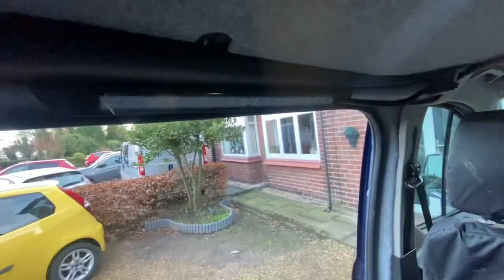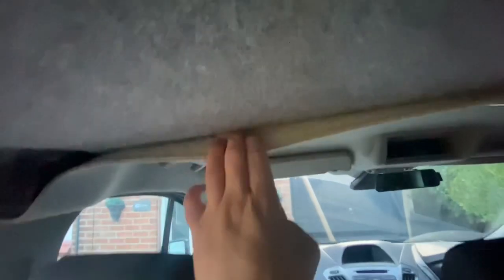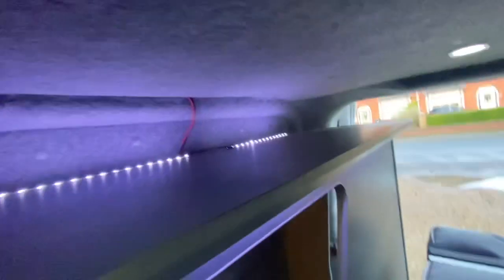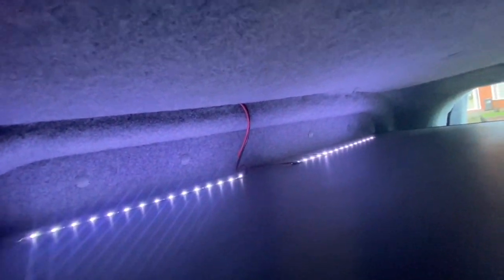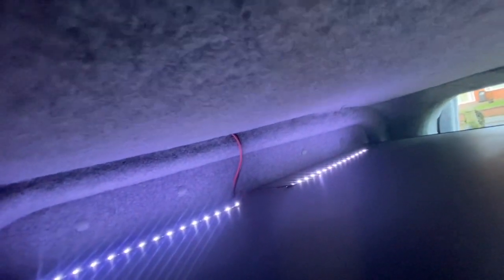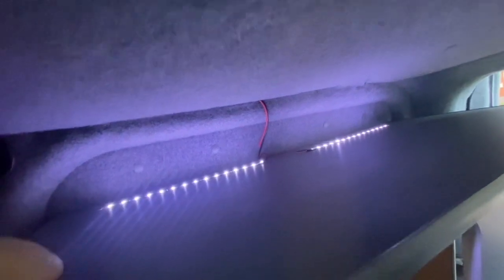Right, so next thing is, let's carry on with the wiring. So I've run the wiring now. What I've decided to do in the end, I've actually run the wires just around the front, just underneath the front headliner there, and all the way through underneath the wire cover that way, and then currently I'm just going to leave these wired through at the back. The plan will be eventually I'll get those properly wired through, probably behind the actual supply panel as well. Other thing I have done,